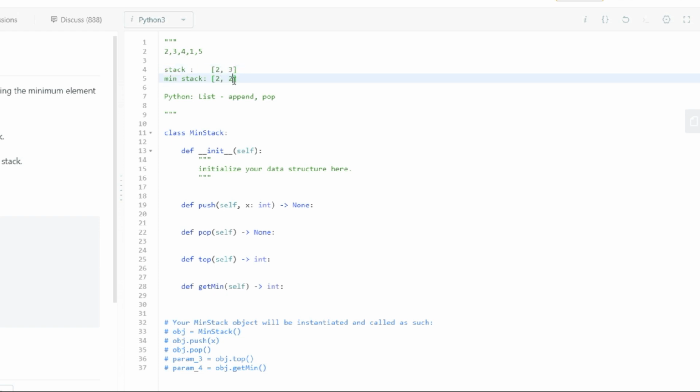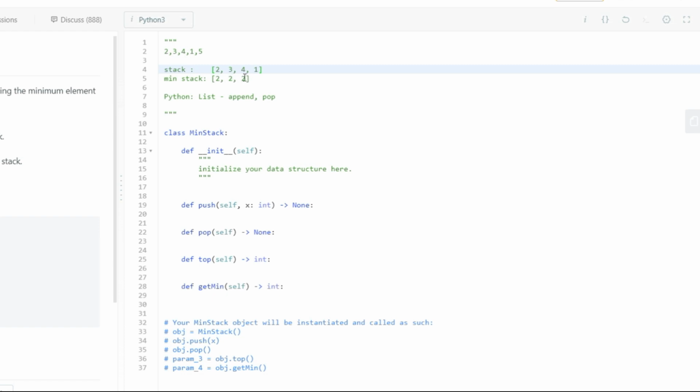So the representation would be that you have 3 here, but 2 is going to be appended here because that's the minimum. Then when 4 comes, 4 is going to be compared with 2, which is obviously less, and then we're going to keep on going from there. So basically whatever element is coming inside, we're just comparing it with the topmost element, or the last element inside our min stack. So when we encounter 1, what's going to happen is